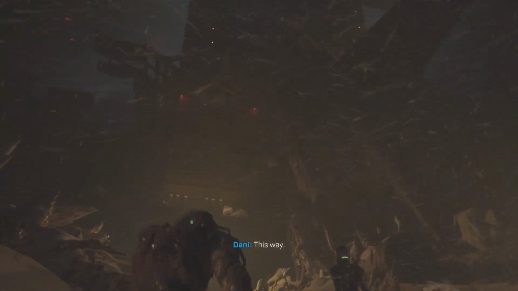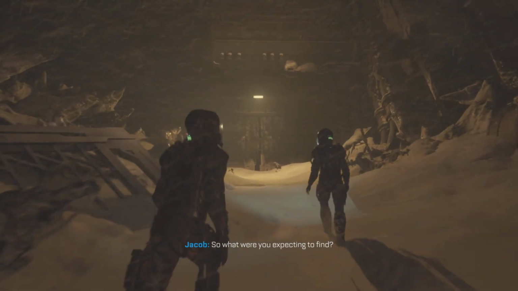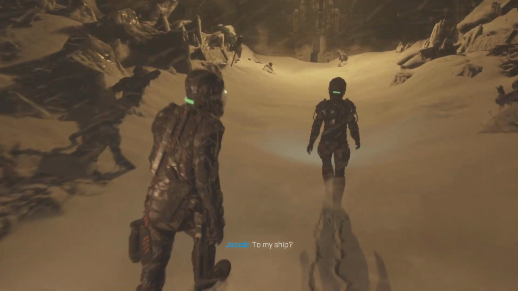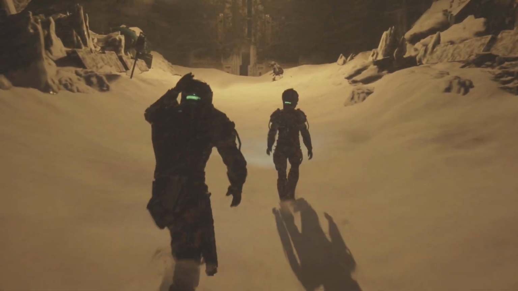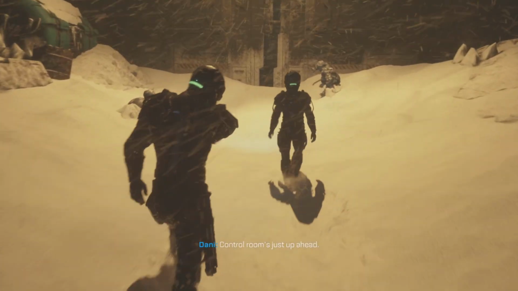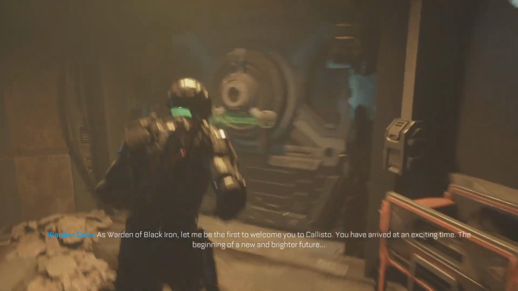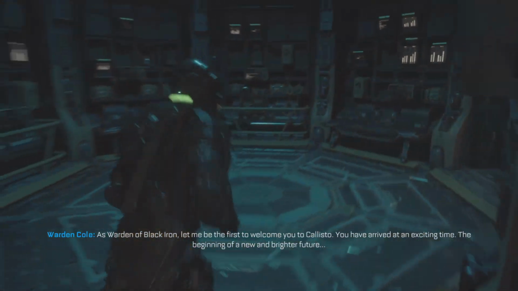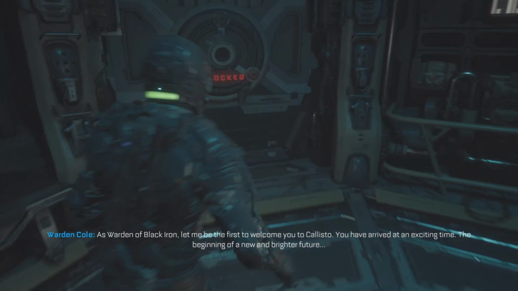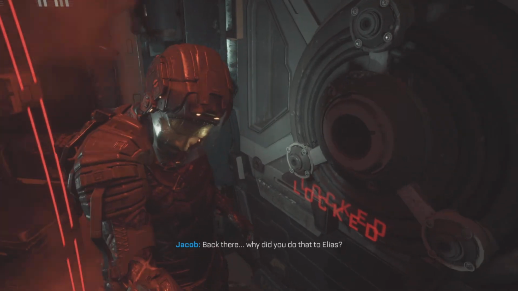This way. This is not interesting character design. So what were you expecting to find? UJC bioweapon. Traced it from Europa. To my ship? I thought so. Control room's just up ahead. Get ready. As Warden of Black Iron, let me be the first to welcome you to Callisto. You have arrived at an exciting time. The beginning of a...